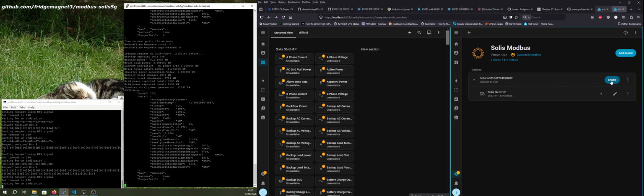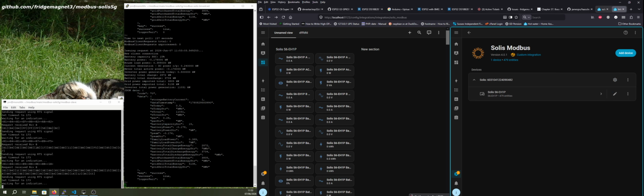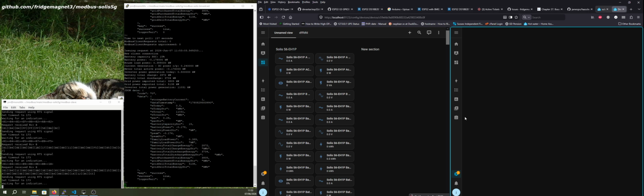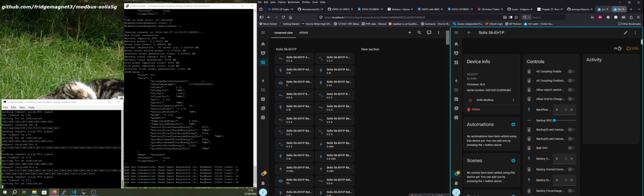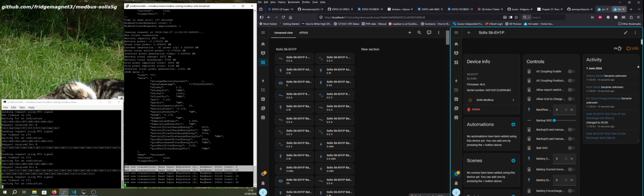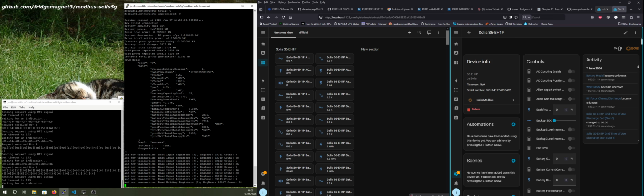So if we enable this, what you'll then see it start to do is issue register requests over TCP, which are then picked up by the Solace app, the Modbus Broadcast app over here. So I've just enabled it. Let's bring up the control panel over here. Activity. So we can see down here on the Modbus Solid app, we've got some register transactions that have gone